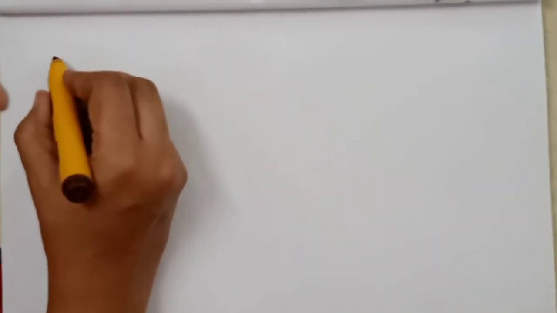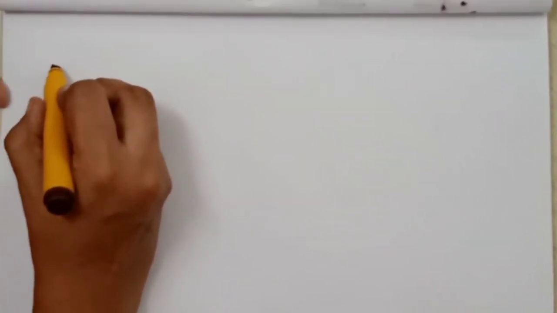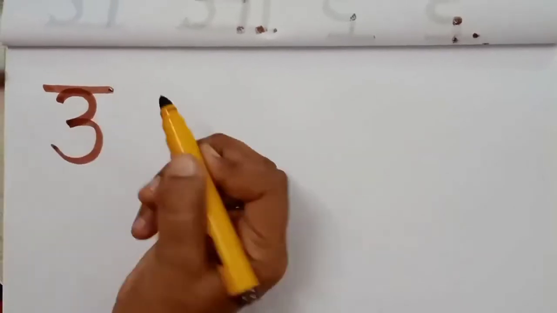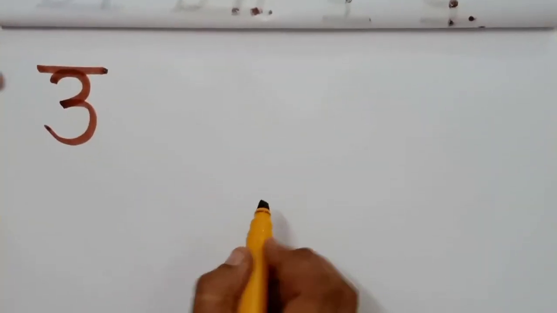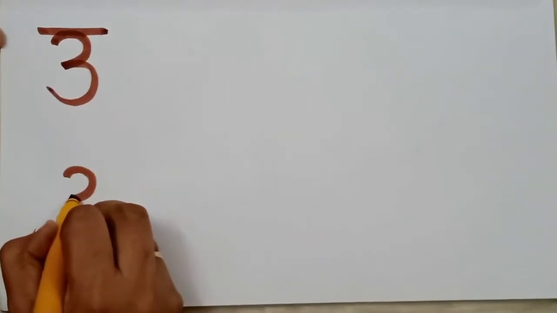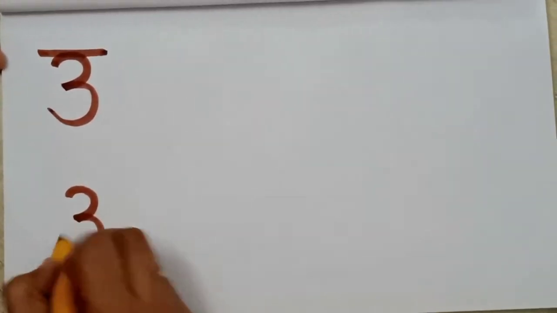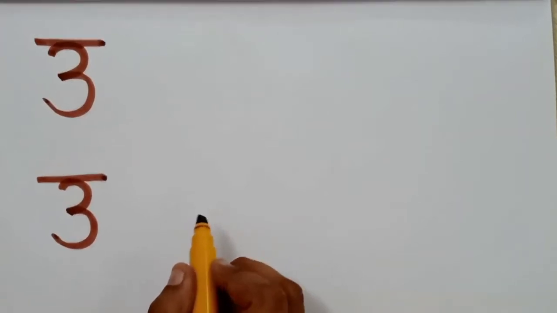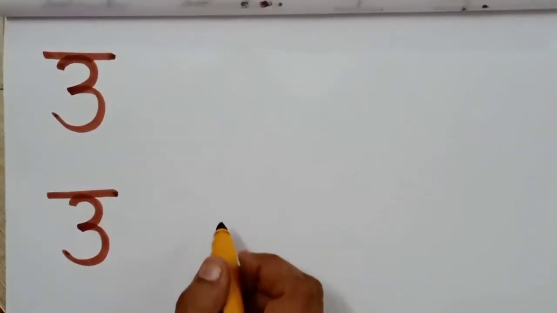Now next letter is letter U. Let's see how to write it. It's similar to letter A. Put one curve, again one more curve below that, and then draw a sleeping line up like this. That's all. This is letter U. U say Ullu. Let's see again. One curve, below that one more curve, and then up one sleeping line. This is letter U. U say Ullu.